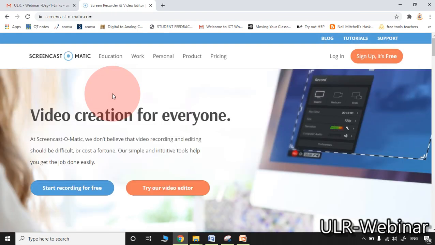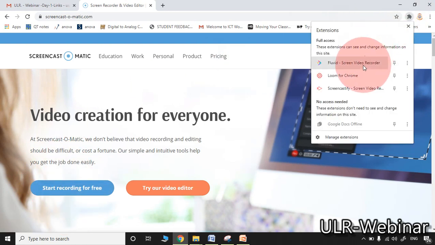Here I have already installed the extension in my browser. Whenever you are using it the first time, it will ask you to download the extension. The same extension will appear in this place.